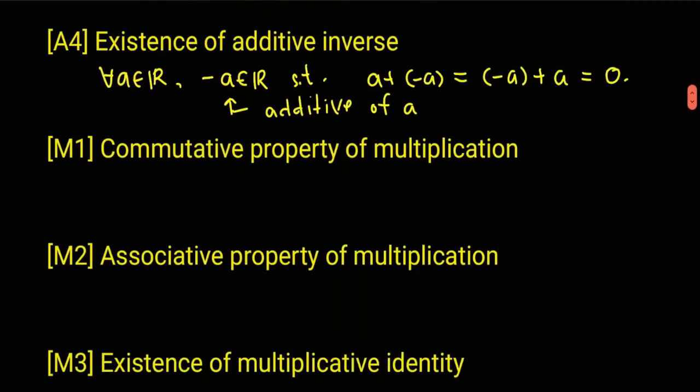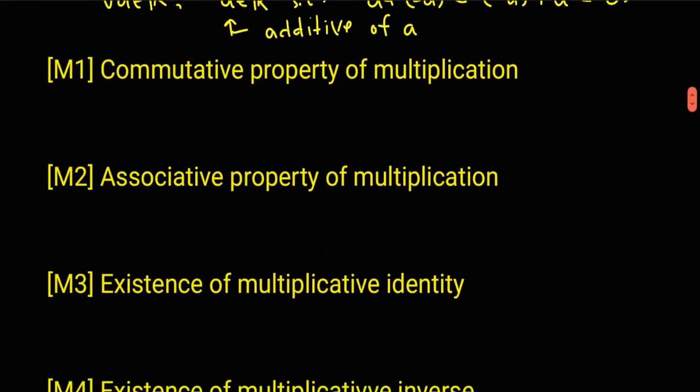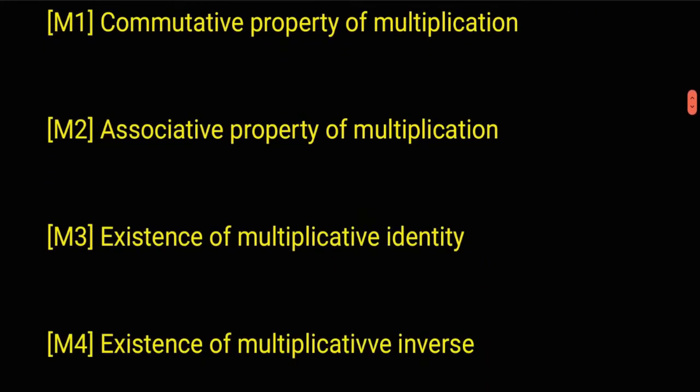Now, let's go to the second operation, multiplication. We also have four properties of multiplication. The first property under multiplication, M1, is the commutative property of multiplication. So basically, it's the same as any other commutative property. If you have two real numbers a, b, then a times b is equal to b times